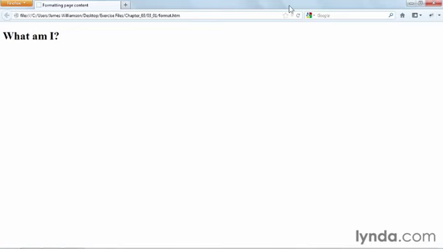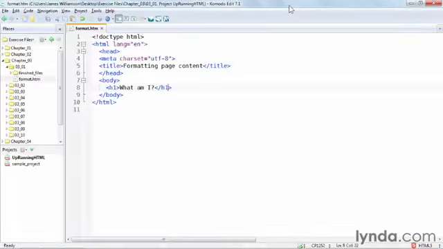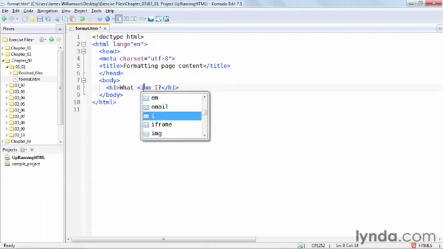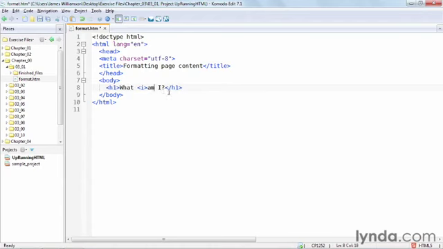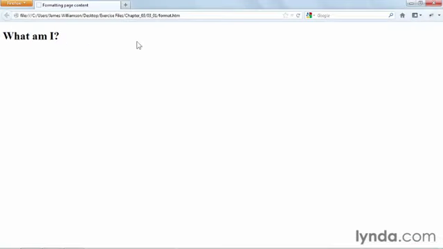Now, it's not always so cut and dried in terms of being structural versus presentational. Let me show you what I mean. Let's go back into our code, back into our heading 1. What about the text "am"? What if I wanted to change that and italicize that or make it appear italicized within the heading? It's very easy for me to do by just using the i tag or the italics tag. So I'm going to go ahead and wrap the word "am" in an italics tag. And of course, it's okay to nest one tag inside of another. So if I save this, go back in and preview my page, I can see that now the word "am"